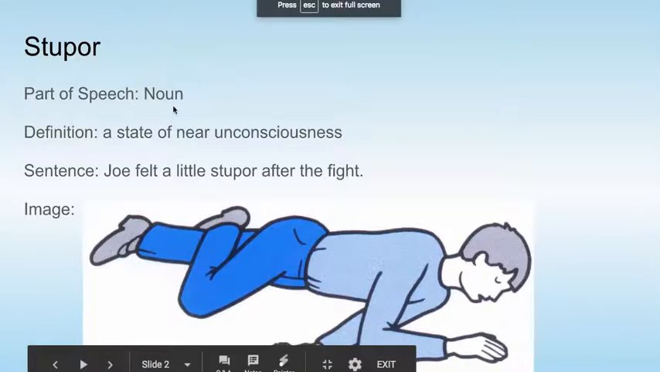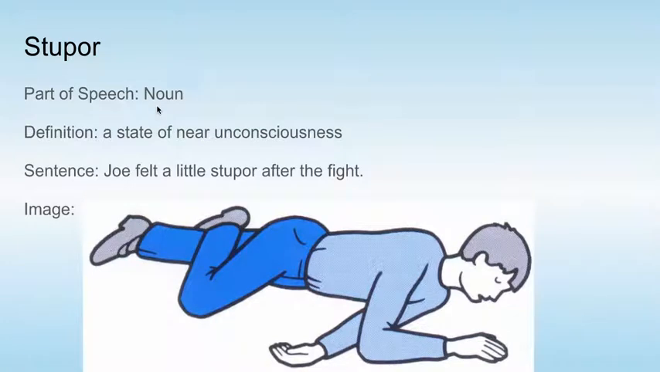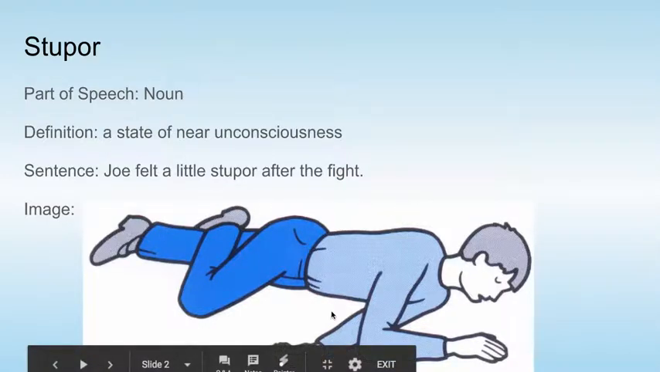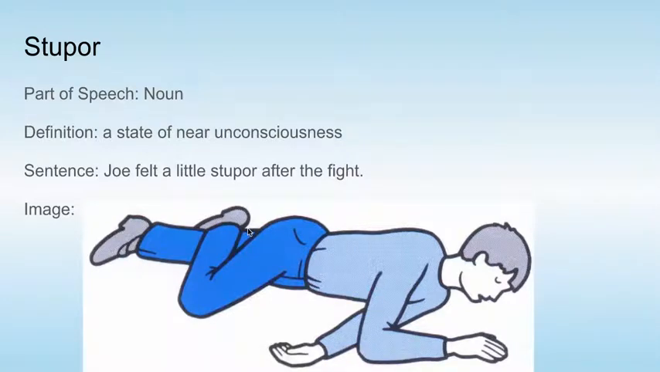So stupor, part of speech, noun. You need to know the part of speech as you are trying to figure out how to use the word in a sentence. So the definition: a state of being unconscious. This is a nice example of somebody being in a stupor position. So, Joe felt a little stupor after the fight. We could make it a little bit more descriptive, but this sentence does help us to gain a better